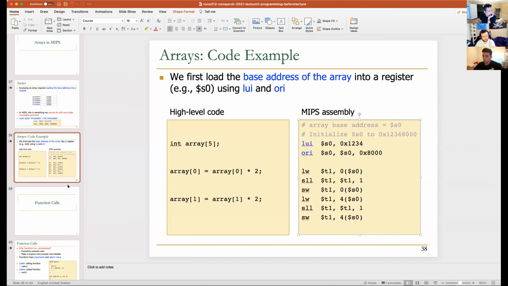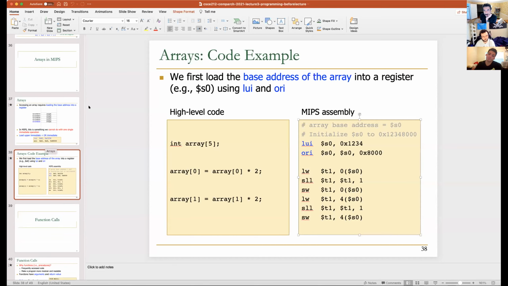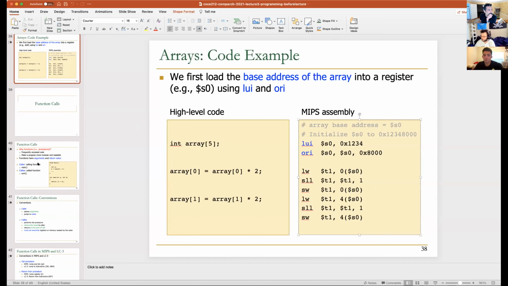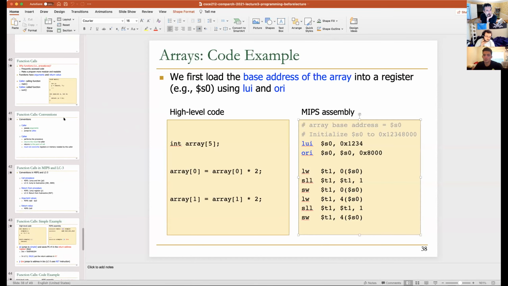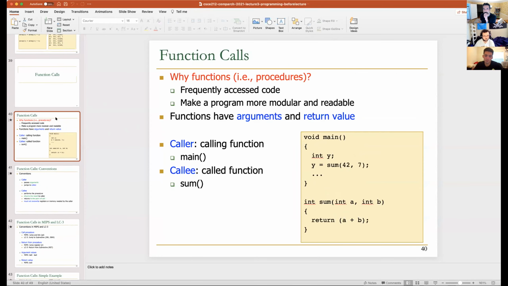Okay, that was a good discussion. It's certainly cleared things up for you. I guess since we are out of time, we'll stop here. What I had in agenda to discuss was also about function calls. This is also